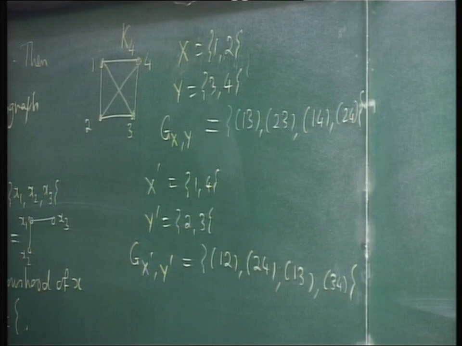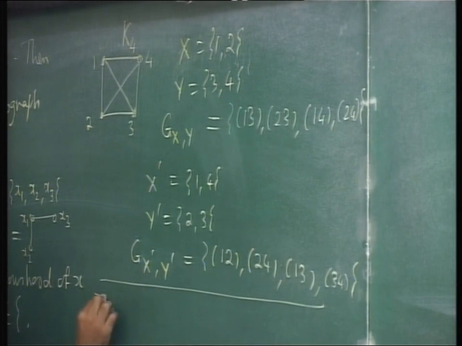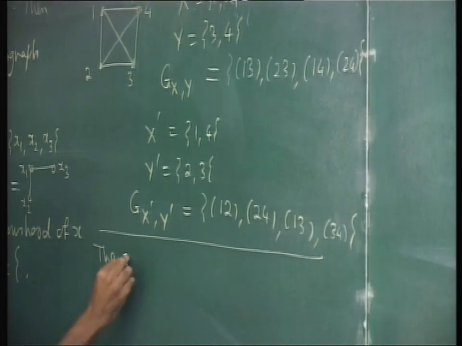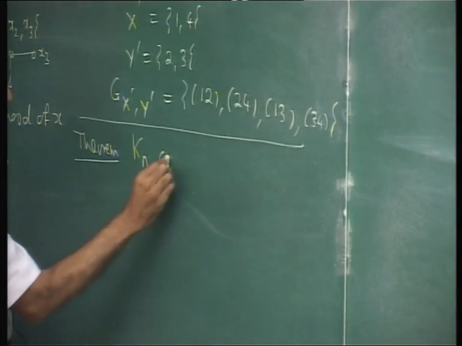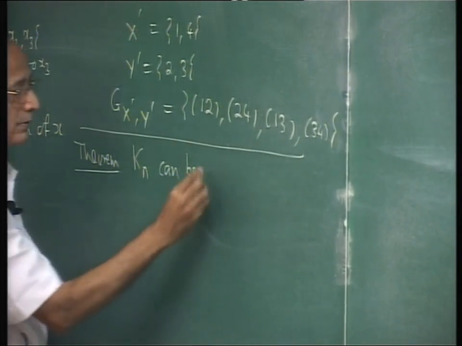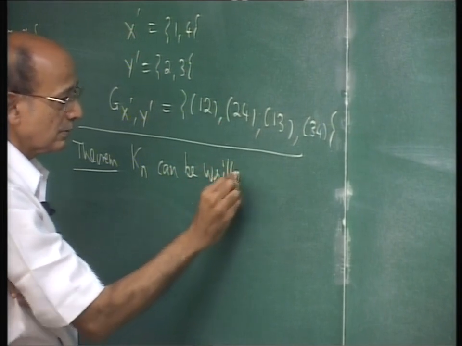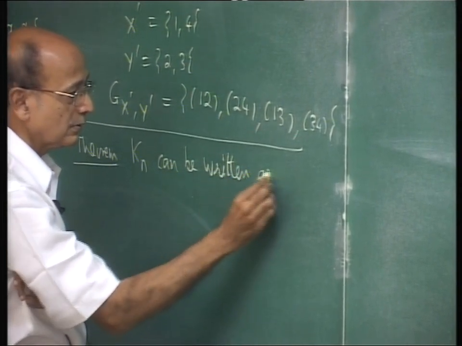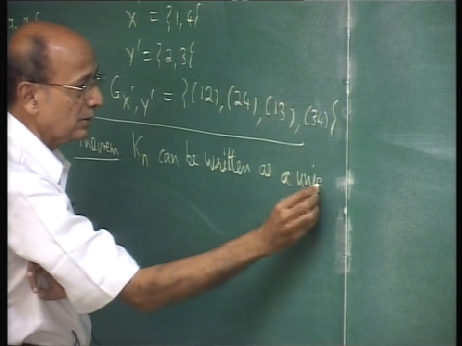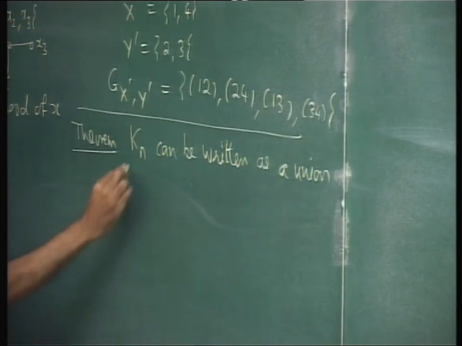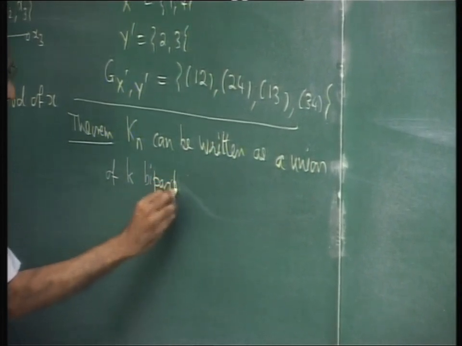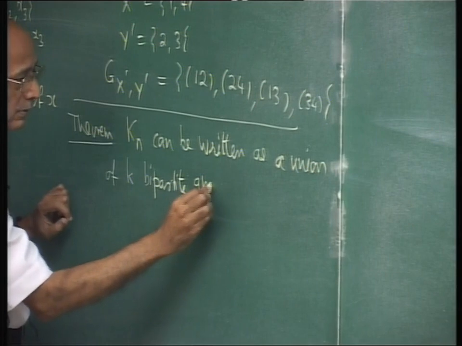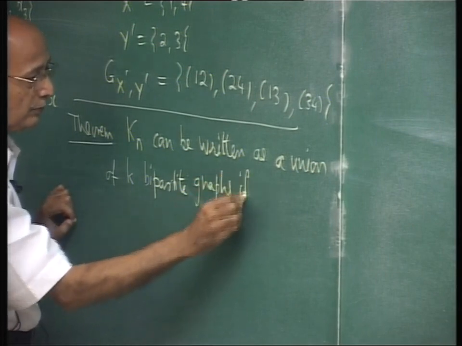In general, the kind of statement we want to prove is that a graph can be written as a union of k bipartite graphs if and only if